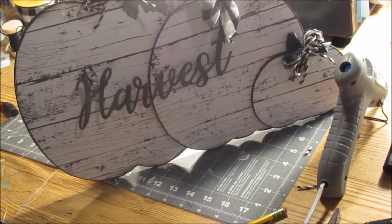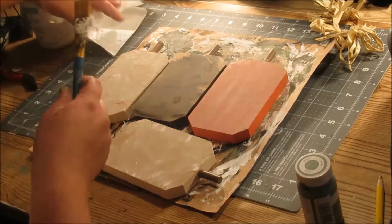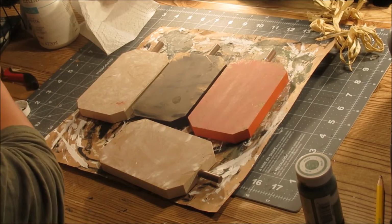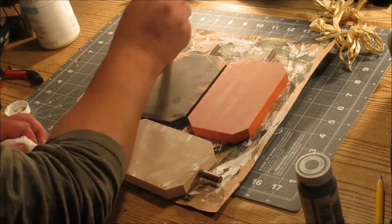Next up are these 4 pumpkins. These are the ones that had the glitter word saying on them. I was going to use it for something else, and so I had already taken most of the paint and stuff off of here. So you guys didn't get to see that, but